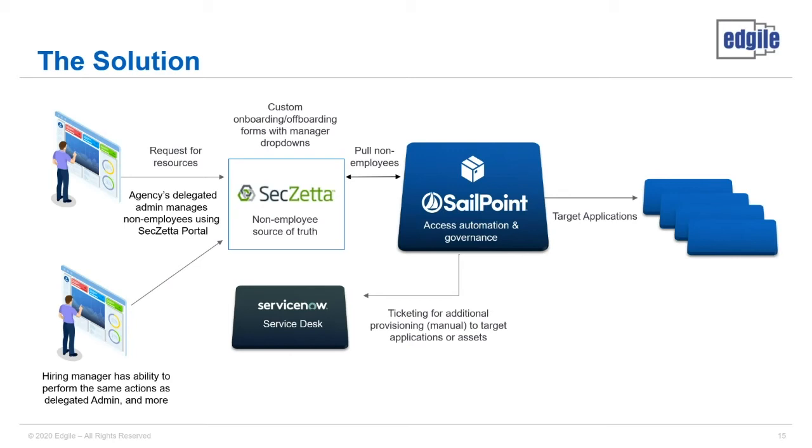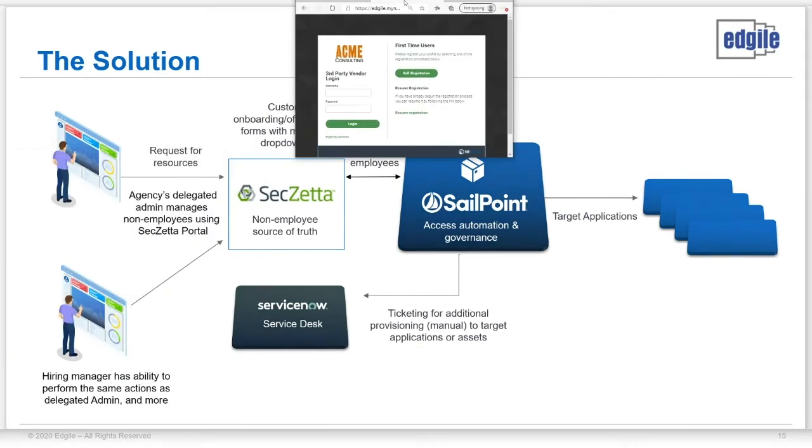So I'm going to start on the left side here where the logins are. And I'm going to log in as Acme Consulting and request a new worker to be onboarded. And then I'm going to log in again as Agile to actually approve that. And then after that, I'll show how that all flows into Identity Now. So let me drag this over here to show you guys. This is our portal for logging in as Acme Consulting.